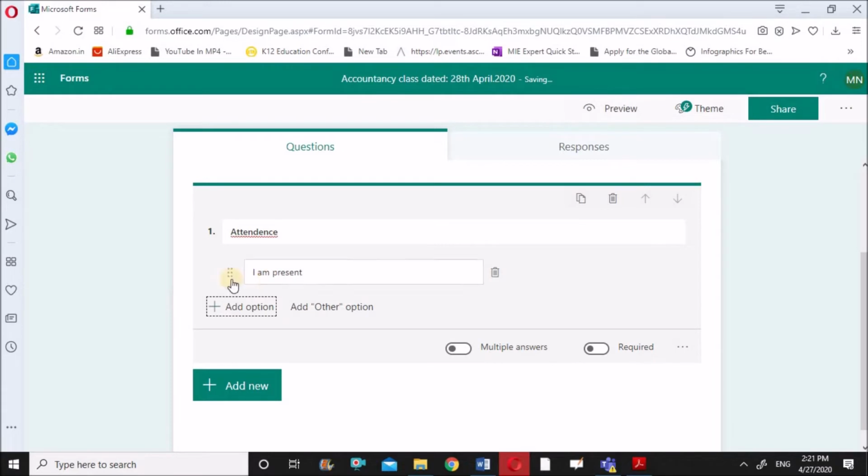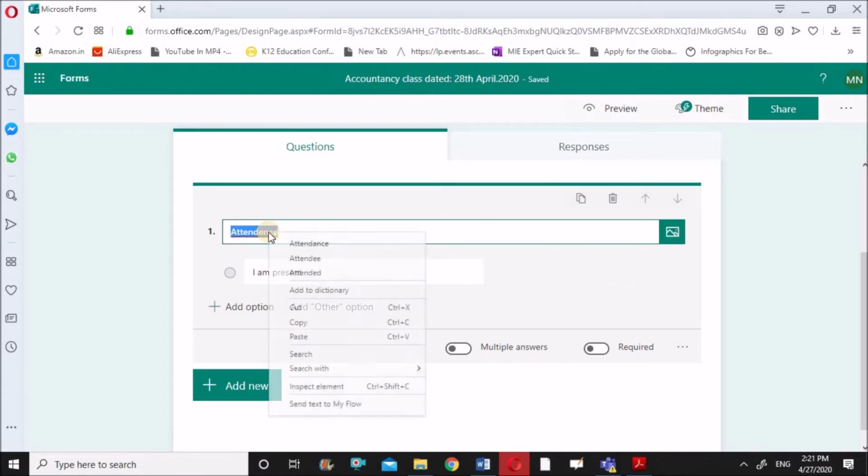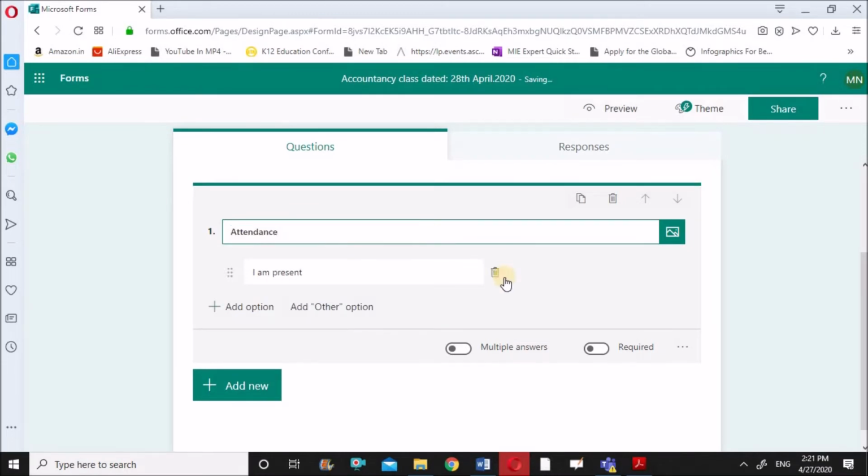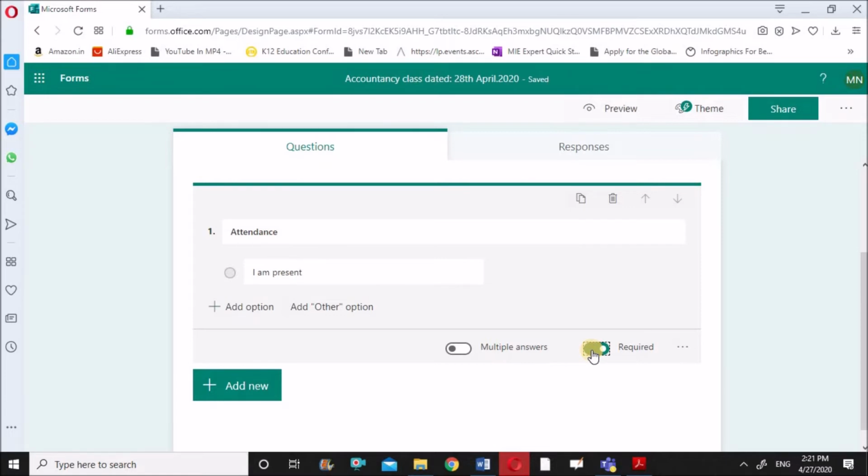So I'm giving only one option, that is I am present. This question is a compulsory question, so click here. It means now students have to compulsorily give this answer.